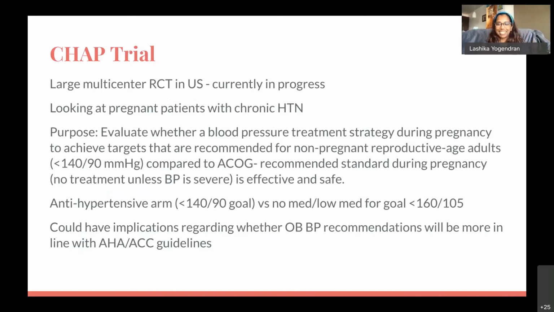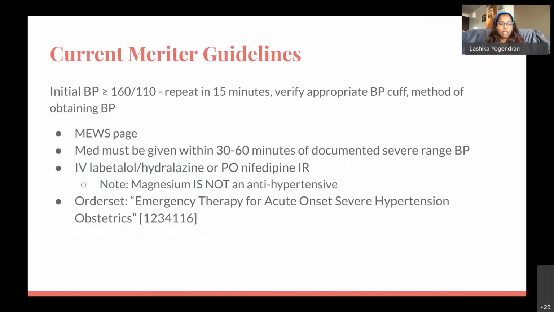I promise not to get too antepartum, but I thought this was an interesting thing to include as well. So basically going to the current Meriter guidelines, and this is really just a summary. We'll go into way more detail at an upcoming lecture. But basically, if a patient comes into triage, for example, and has an initial blood pressure of greater than or equal to 160/110,